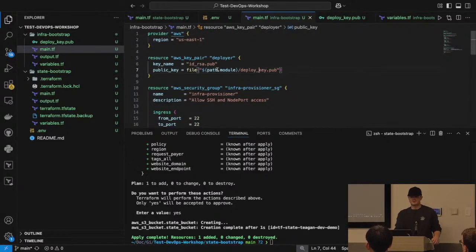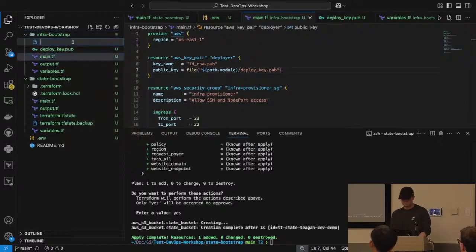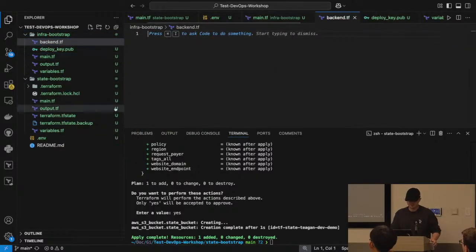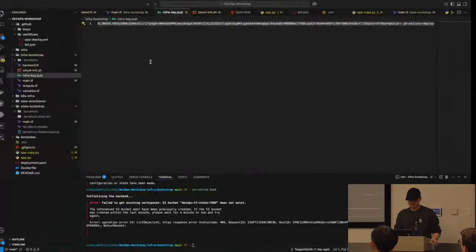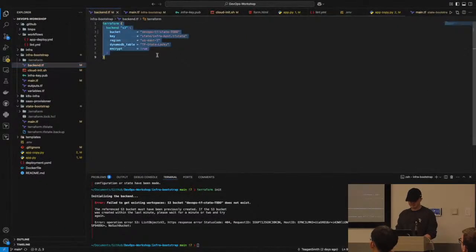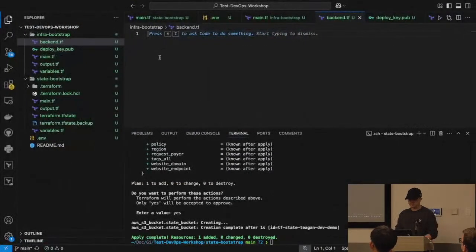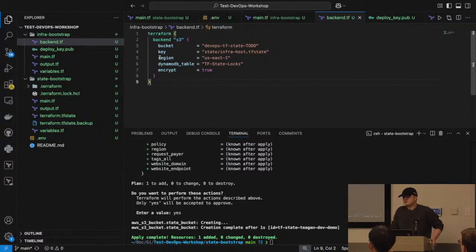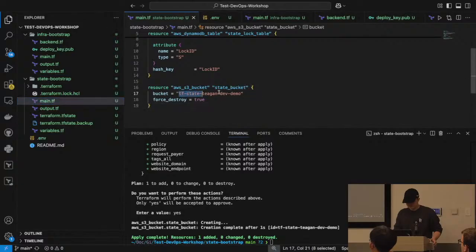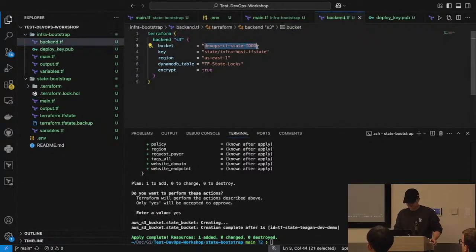So you asked why are we referencing this separately? There's actually a fourth Terraform file here called backend.tf. What backend does is it allows us to tell Terraform where to host all of the backend. I'm trying to think of a good way to explain this. I'll copy over our bucket here. Basically, imagine Terraform as keeping a chest of all the stuff that your infrastructure needs and has, right?